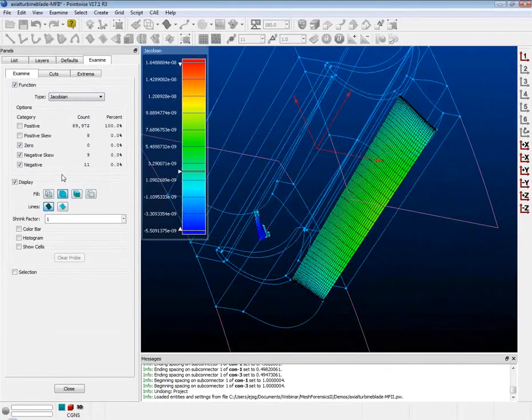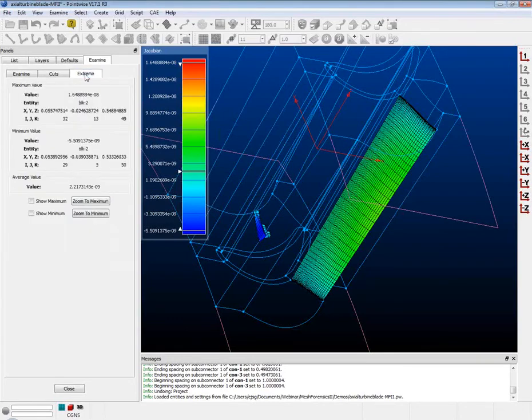And that's one of the nice things about the Jacobian analysis, is that not only do I get a table summary of cells with problems, but I also have those individual cells rendered automatically according to these checkboxes. So I can turn them off and on, but by default they're on and I can see them. There could be some situations, though, where these cells are so small that they're even hard to visualize even when they're being rendered. And one way to get around that is to go to the Extrema tab